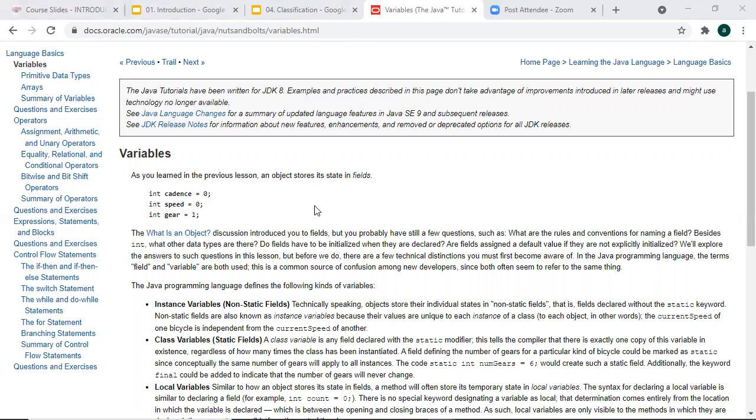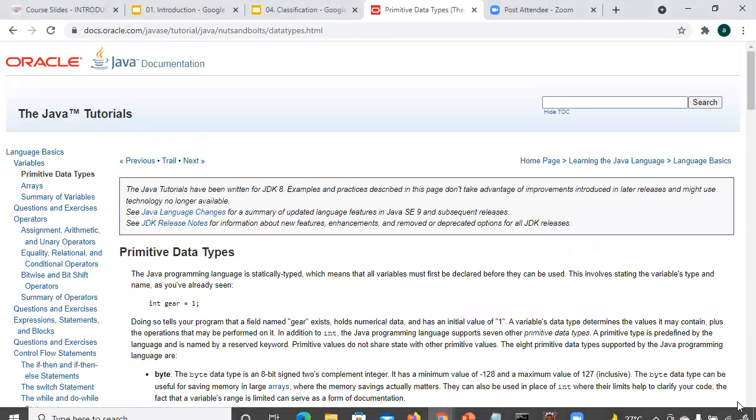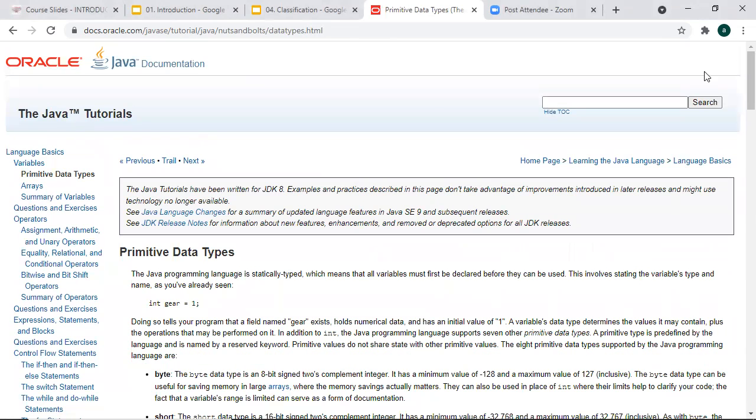So a variable is a container which is holding a value. There are different kinds of variables, so what will be the data type of those variables? Data type means the type of value held by the variable, like integer or float.